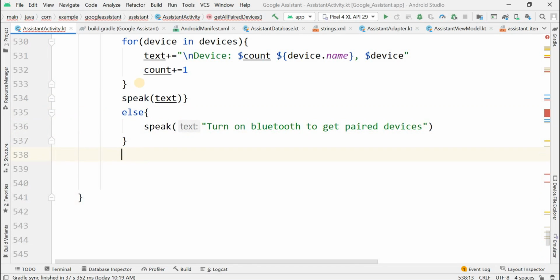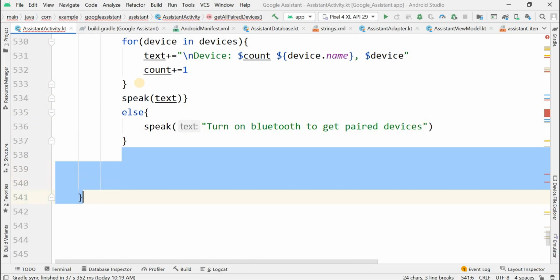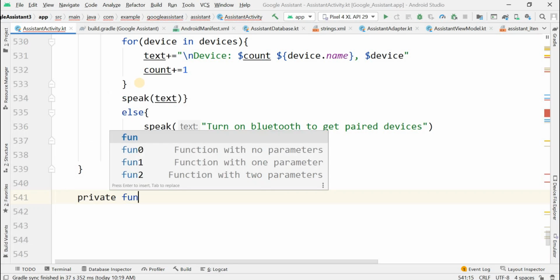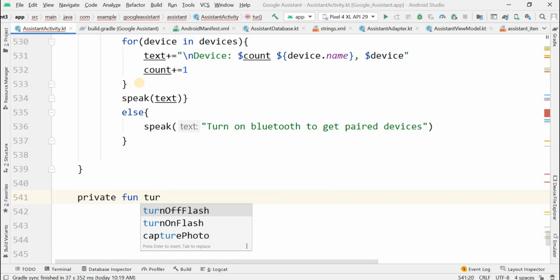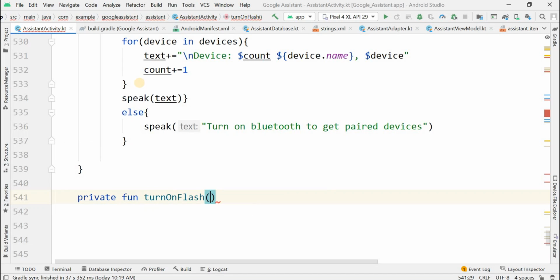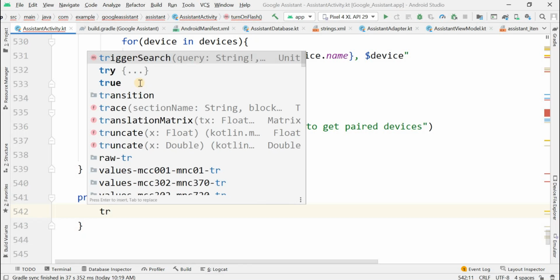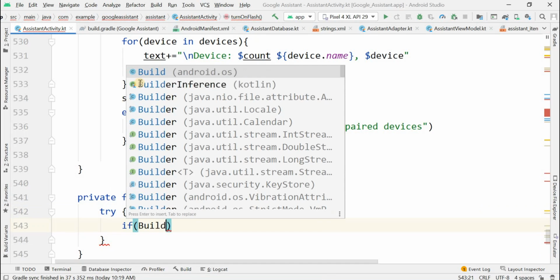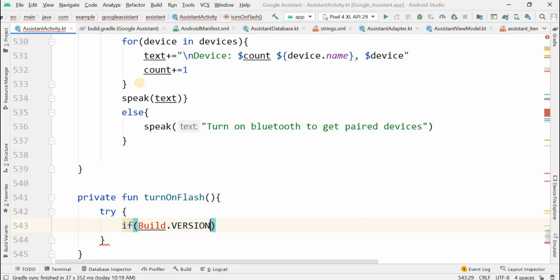Now another method, and this method is turn on flash. To turn on the flashlight, this method will be invoked. So what to do with this method is actually, if build version SDK, you have to write this condition for that particular build version. Build version SDK int